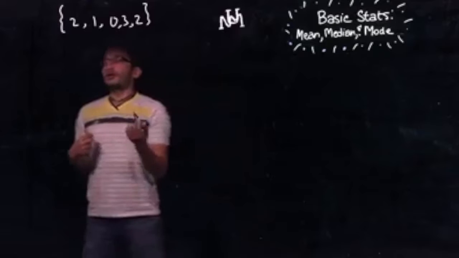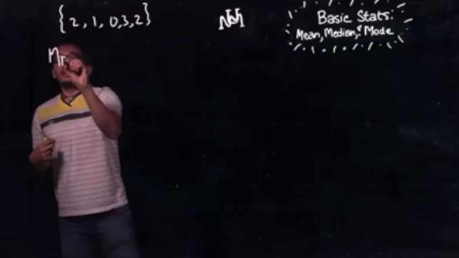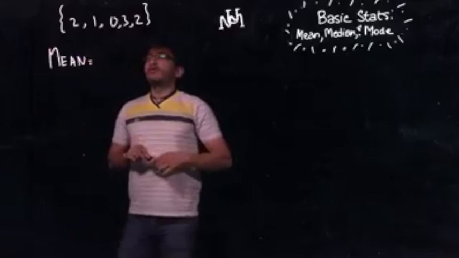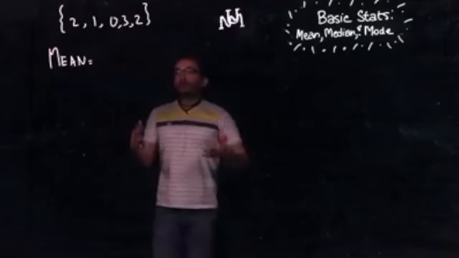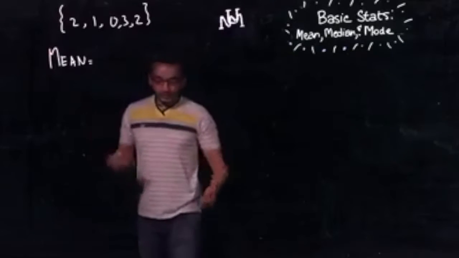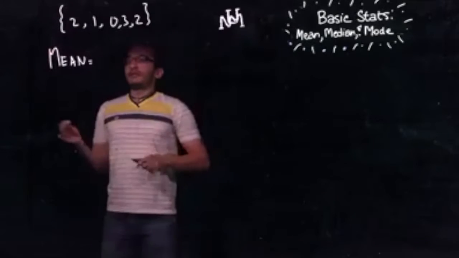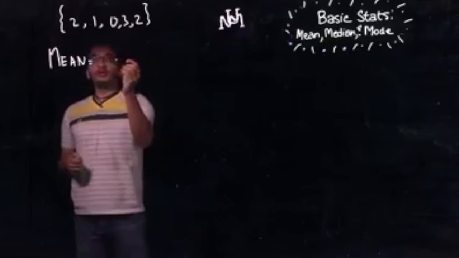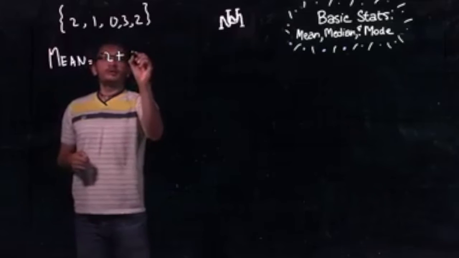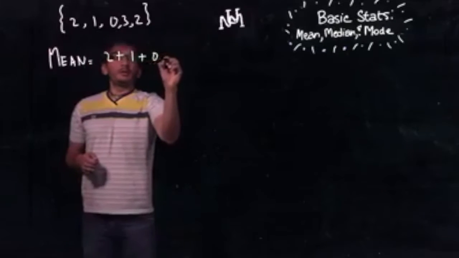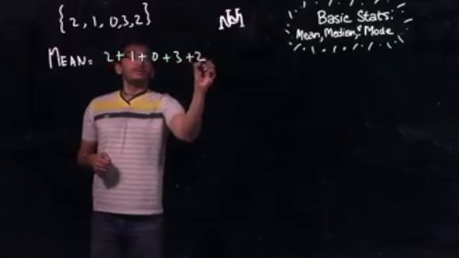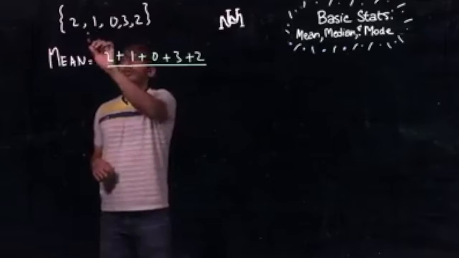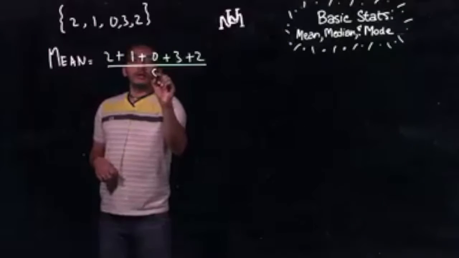In order to calculate the mean, first of all, let's talk a little bit about what the mean is. Mean is simply the average of a given sample. So whenever someone asks you to calculate the mean, what they're asking for is the average of a set of numbers which are part of the sample. To do this, we will add up all of these numbers which form our sample, and we're going to divide this by the total number of observations in the sample, which in our case is